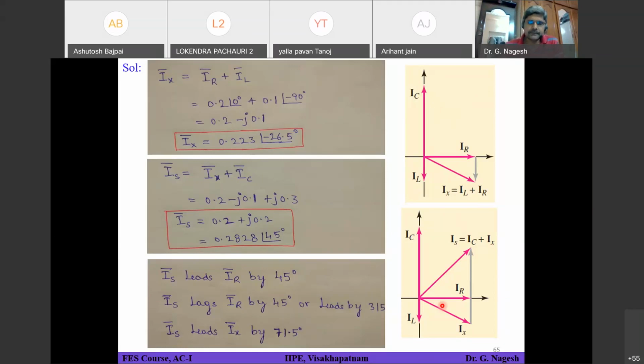Okay, right. It's nothing. We are simply drawing the phasors on a complex plane. That's all. If you are able to calculate everything properly from the methodologies we have studied, then simply you are plotting the phasors on the complex plane. That's all. Okay.